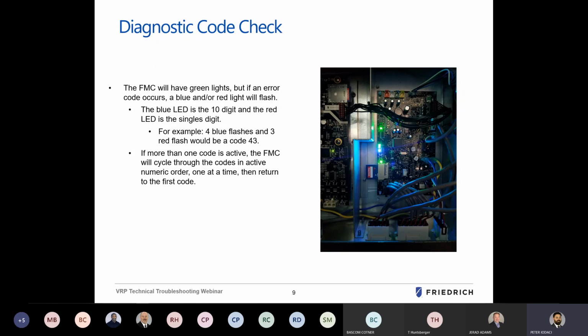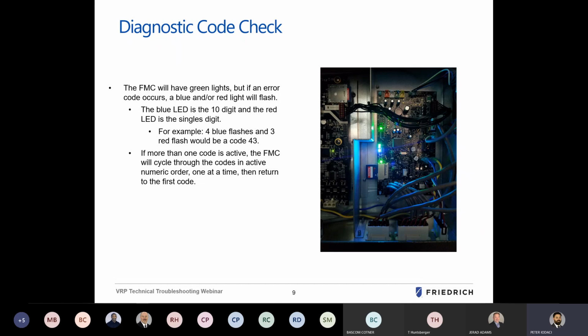So for any particular reason, if the VRP can't run and the system senses that there is a problem or it is in trouble, it's going to flash you a code. These diagnostic codes come in a series of blue and red LEDs. So the blue is a value of 10-digit and the red is a value of 1-digit. So the example we have here is that if you see 4 blues and 3 reds flash, that would be